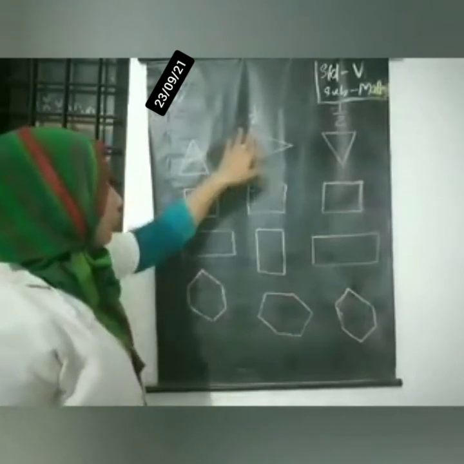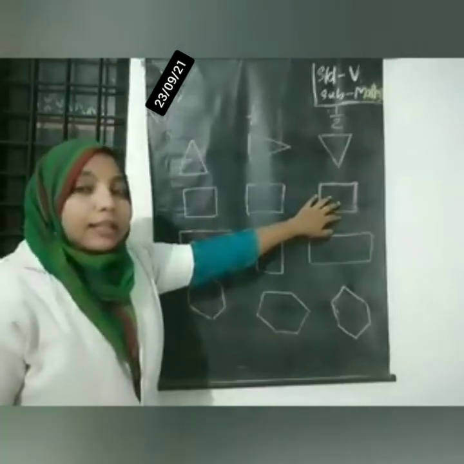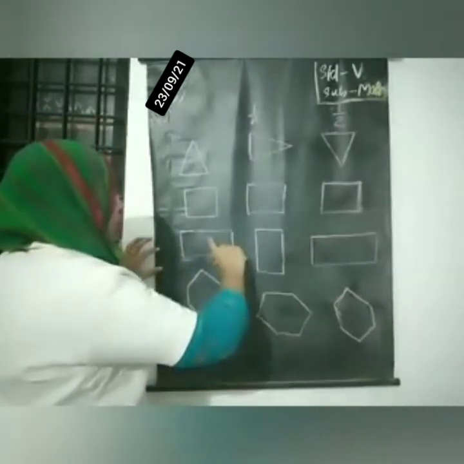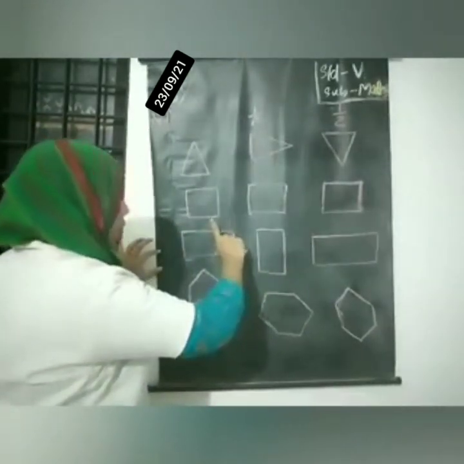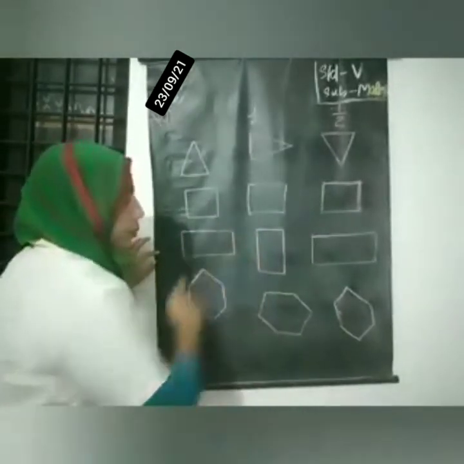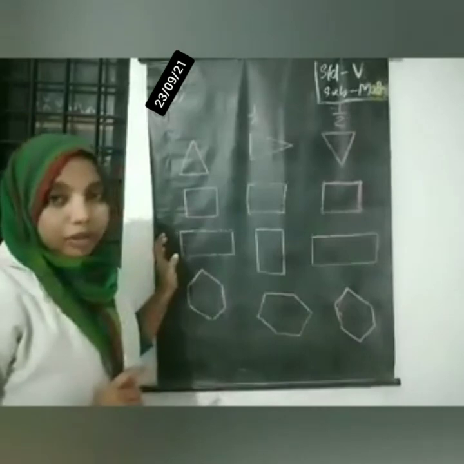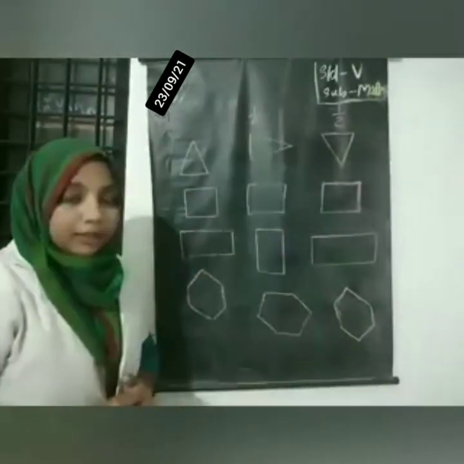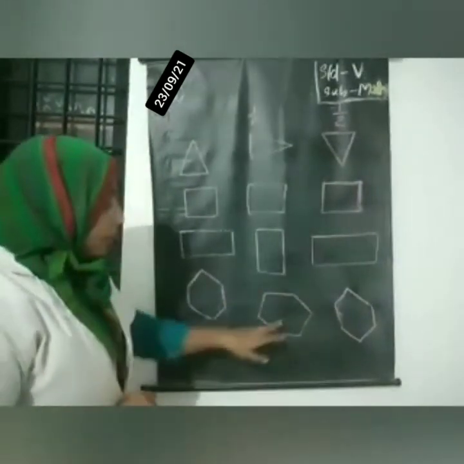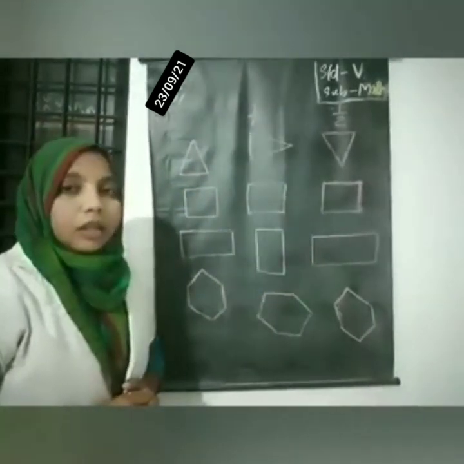Then the square. After 1/4 turn, we get the same figure. After 1/2 turn, half turn, we also get the same figure. In the case of the rectangle, we move it 1/4 turn, then we get a figure like this. These are not the same, but while making it a half turn, we got the same figures. In the case of the hexagon also, with half turn we get the same figures, but with 1/4 turn, we get different figures that are not the same.